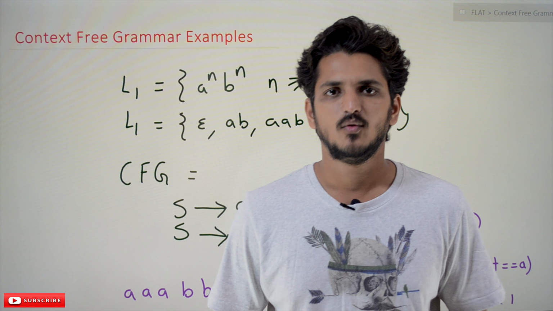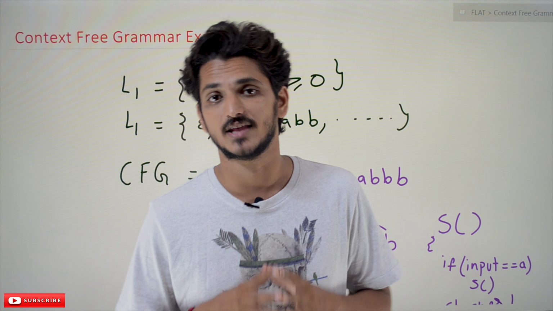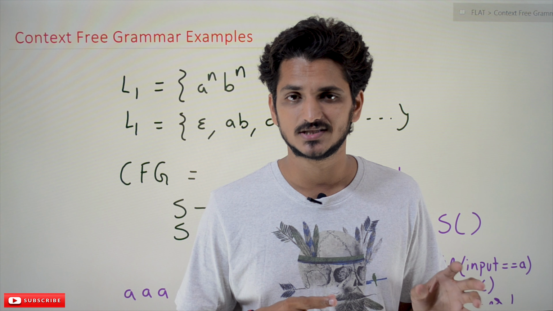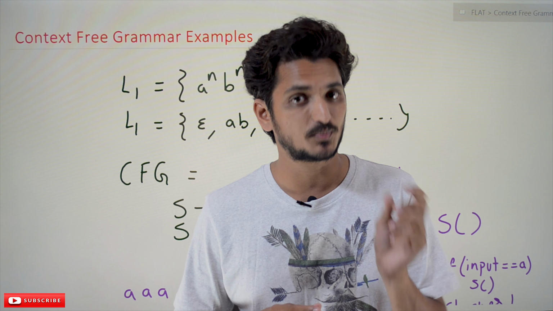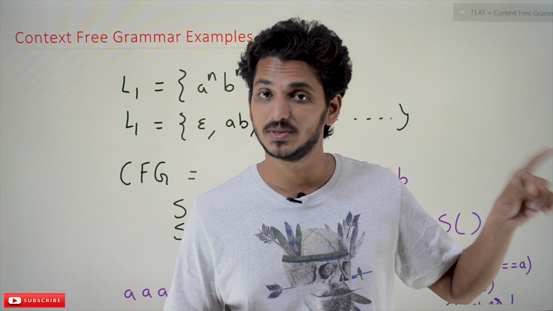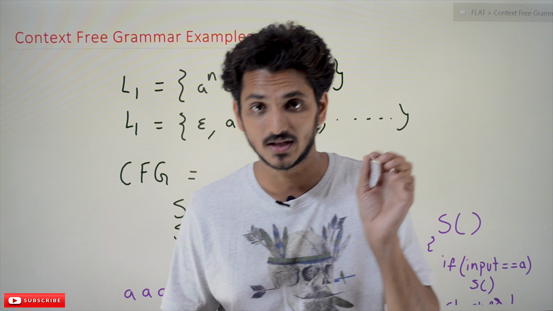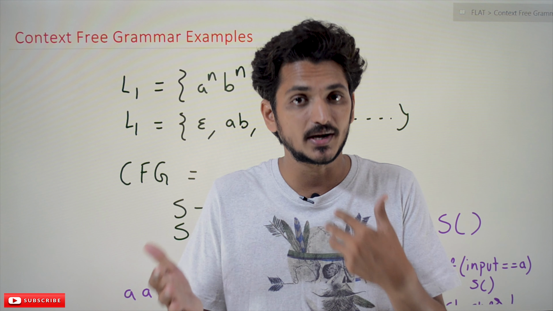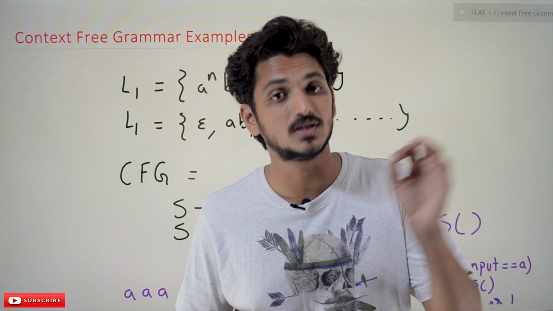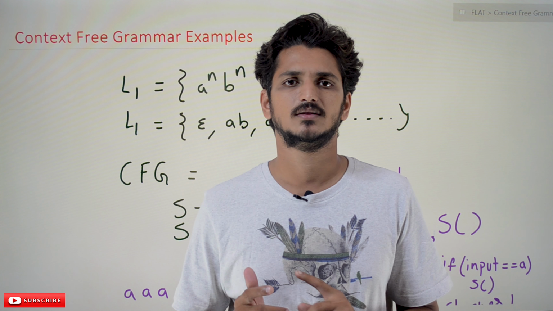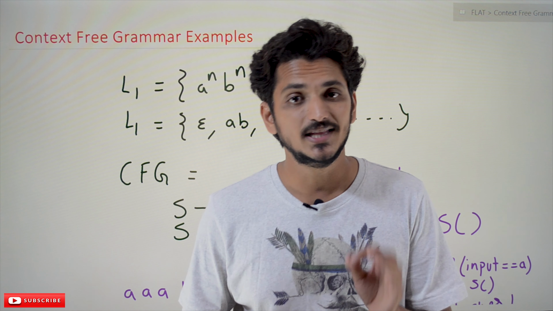I am Raghu here. In this class, we will discuss a few examples of how to write a context-free grammar for a given language. In our previous class, we already discussed what a context-free grammar is and what the production conditions are. Please watch that class. In our earlier classes, we also discussed grammar and gave some programmatic intuition for better understanding. Please watch those classes and come back here. They will help you a lot in understanding this class. The link for the playlist is provided in the description below.